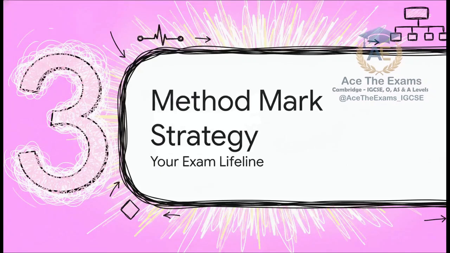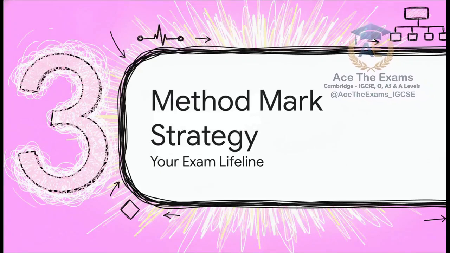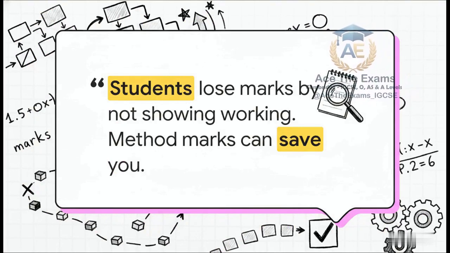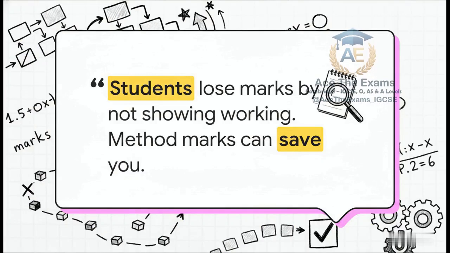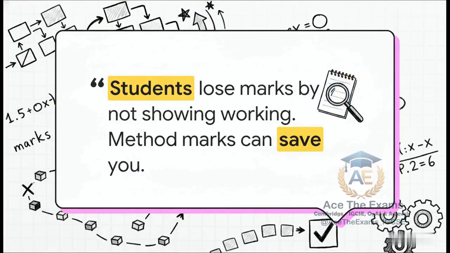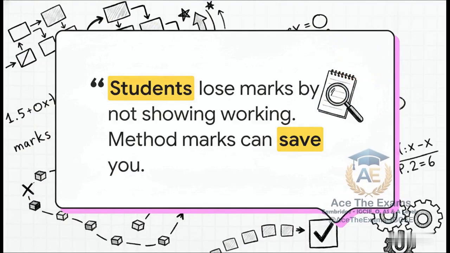Next up is Section 3, the method mark strategy. This is a massive alert directly from the examiners themselves. They explicitly state, students lose marks by not showing working. Listen to me, algorithmic thinking requires step-by-step decomposition. If you try to just mentally jump straight to the final solution, like sprinting to the finish line without running